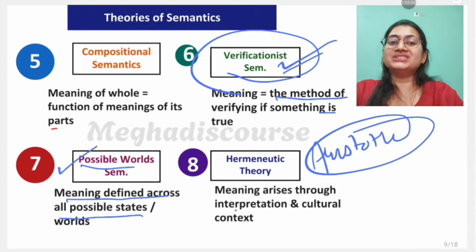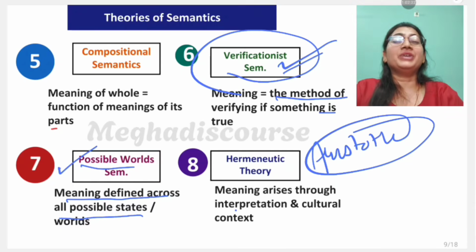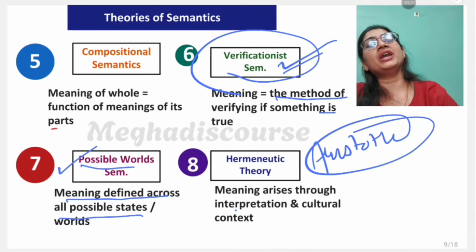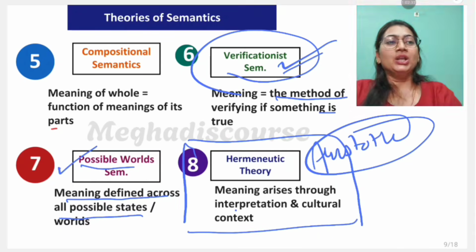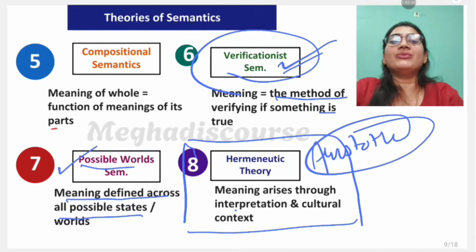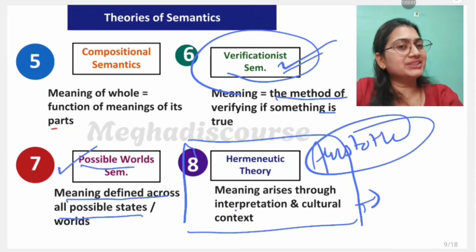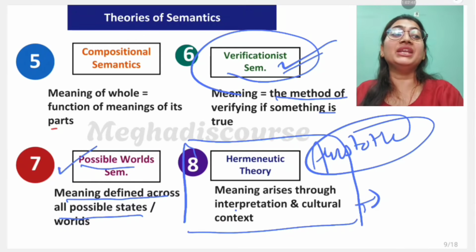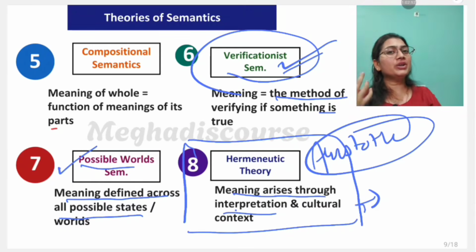Now there's a problem. This theory is extremely abstract and mathematical. It fails to express the logic behind the meaning. Now we have the last theory, hermeneutics theory. In hermeneutic theory, this theory is very close to literary studies in every possible way. So there is no single final meaning. They say meaning arises through interpretation and cultural context. And in literary theory, literary criticism,